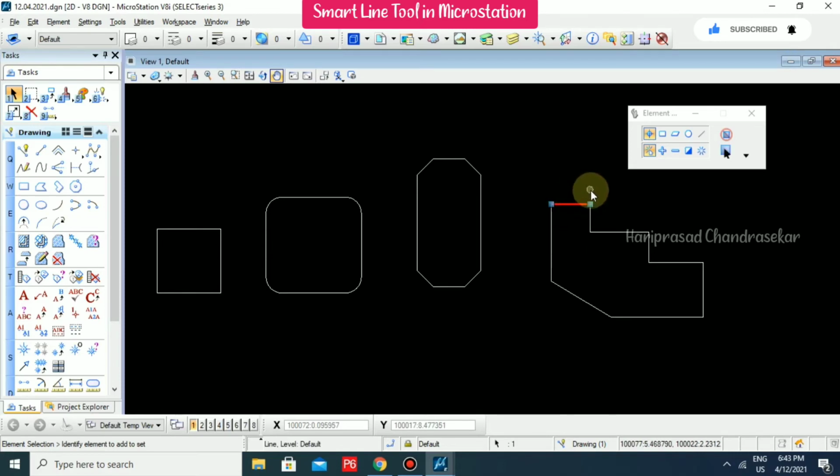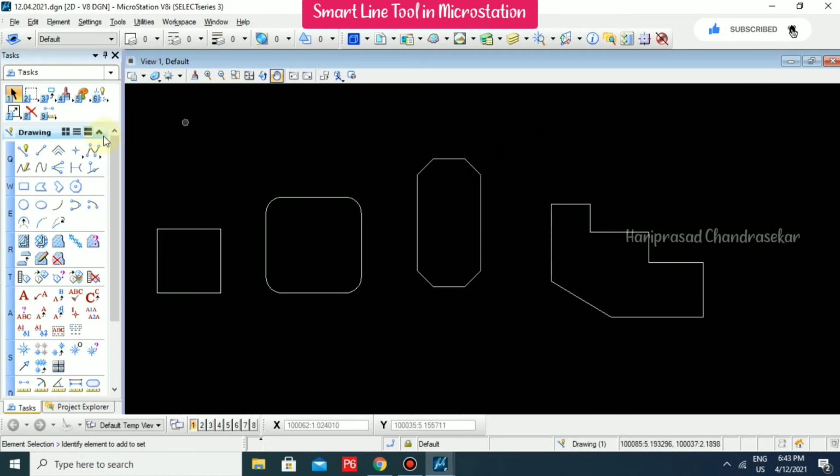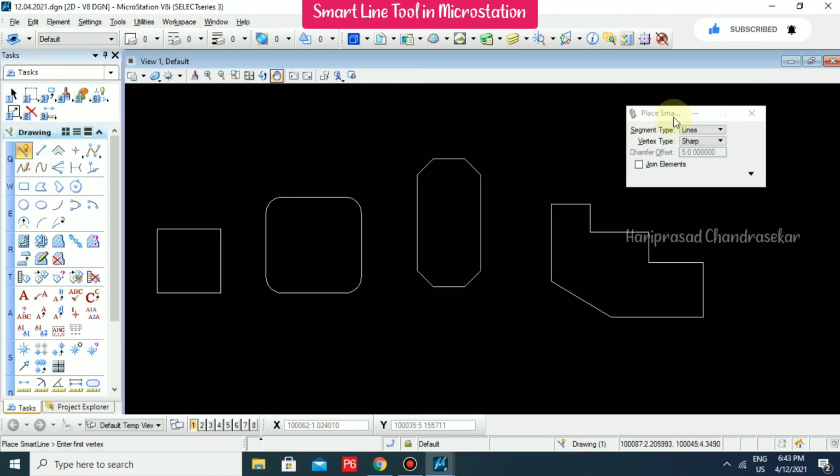So here we can see just separate lines, because we used it without the join option, but here it is like one single entity. So that option we have, join elements.